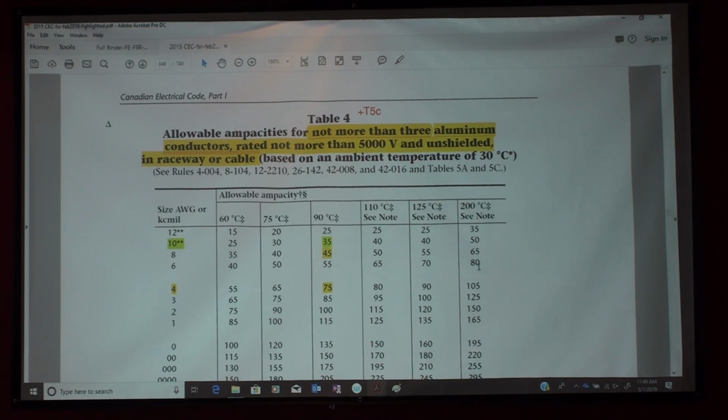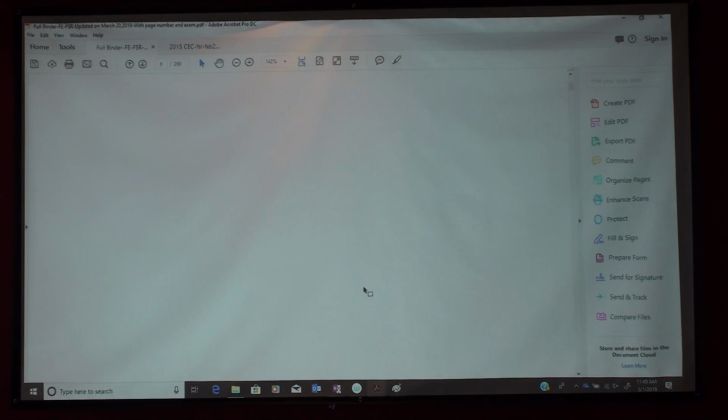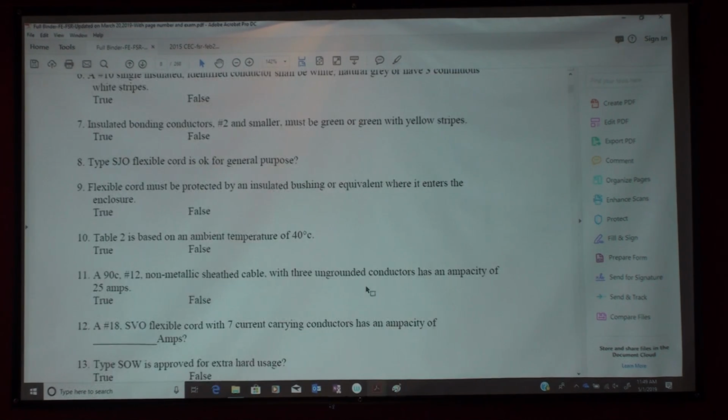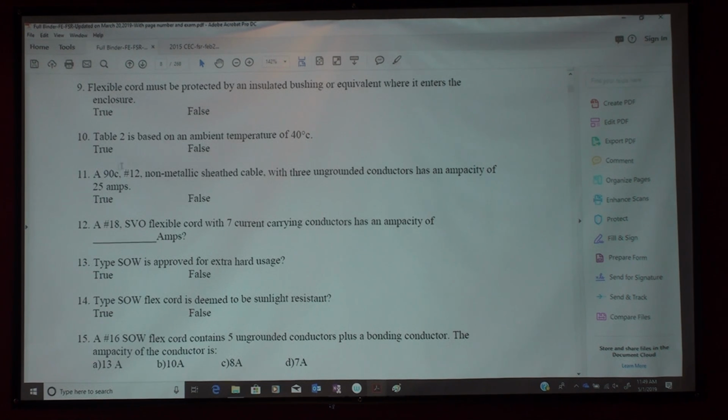Are we cool? Now I need you to go to your binder and practice a few questions so that you understand these tables. Question number 11, I'll give you guys 60 seconds, find the answer. Question 11 in your content